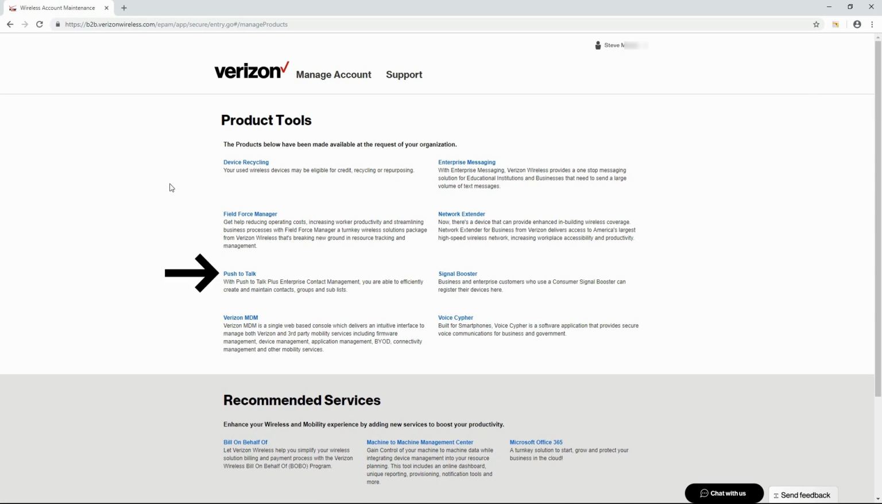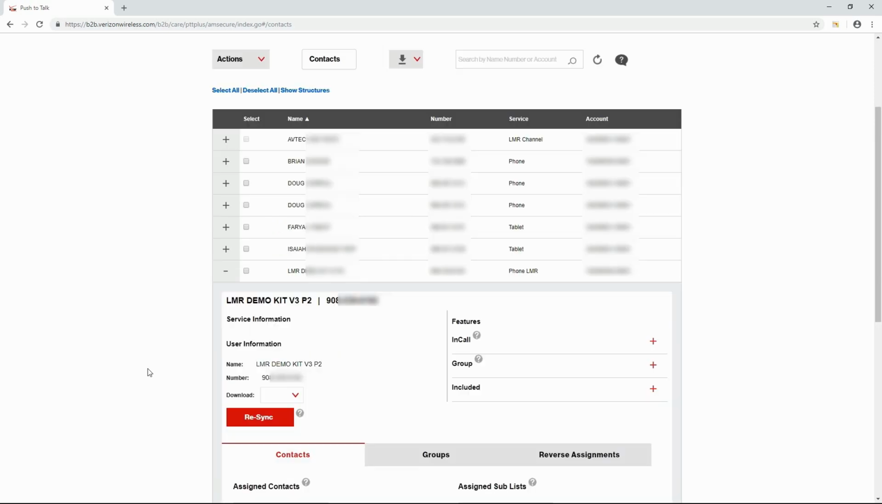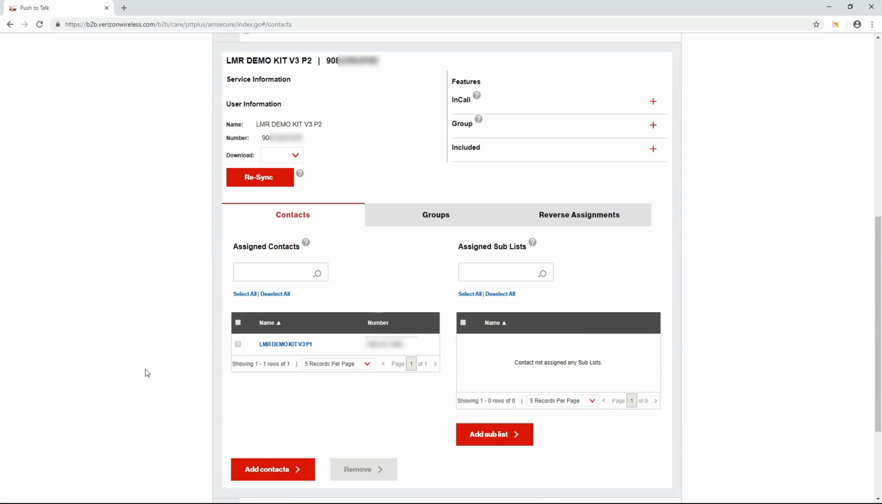Alright, we're back to the Push-to-Talk Contact Management page. Let's start with the first action, Contacts, which is already opened up. Let's take a quick tour of Contacts by opening up a contact. Here we can see all there is to know about this mobile user's contact information and the contacts on their device. There's a lot you can do from this page, but before diving in, let's stop here for a moment